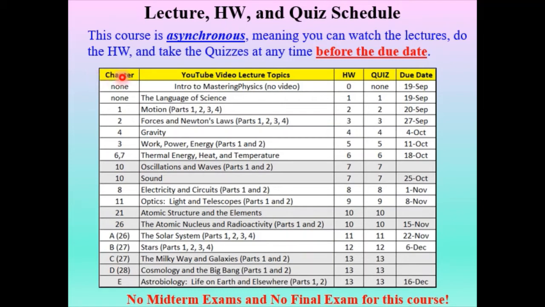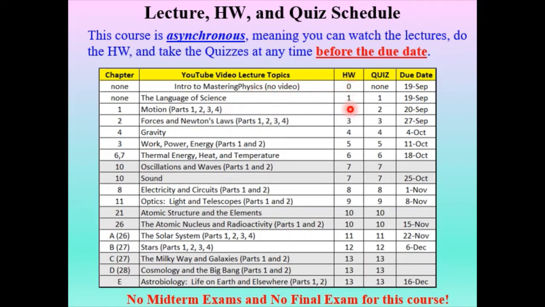So what this table shows, in the left column, is the book chapters that align with the assignments and the lectures. Now, not all of the material that we're covering is in the book. You'll notice the first couple of items here have no chapter associated with them. So you're just going to watch my lecture and learn the material from that. This second column is the YouTube video lecture topic. This is what you're actually going to be studying, the topics, and we'll go through some of these shortly.